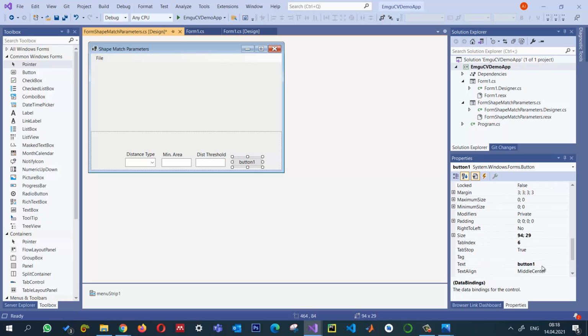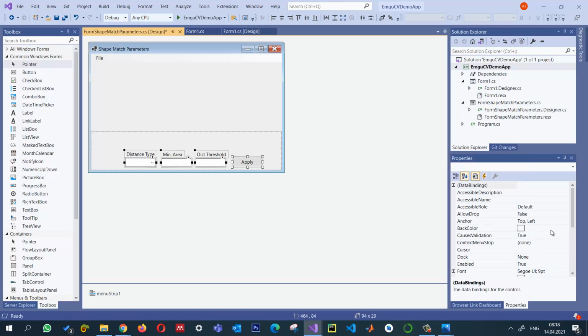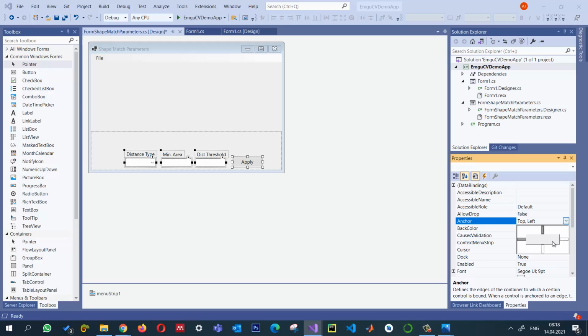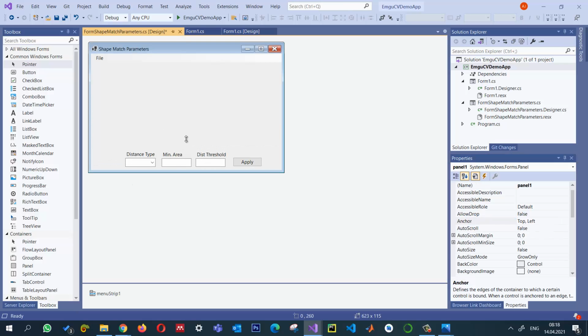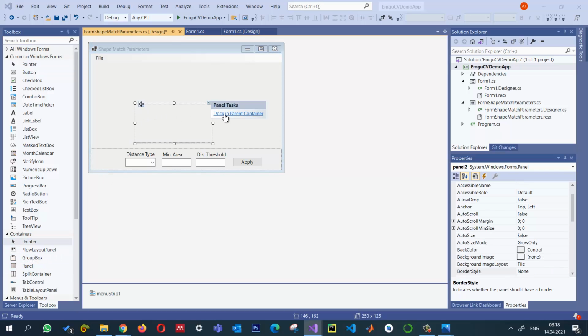This apply button, once we apply, we want to see the results. Okay, we will see what we can do. I'm selecting all of them, and instead of this left, I need to put them with the bottom, so they only scale or change themselves according to the bottom. So now I can reduce the size of this as well. Okay, looks okay. Now here I am going to put another panel here, and we can dock it to the parent,